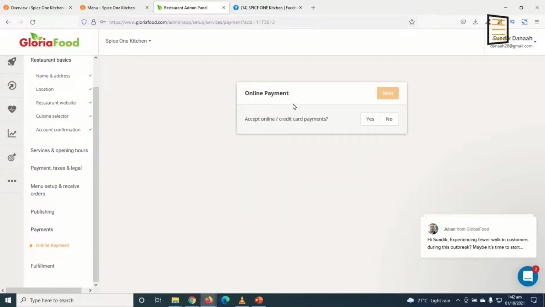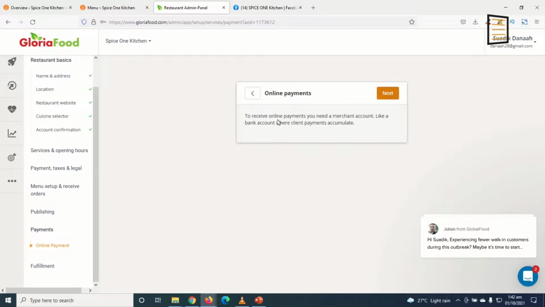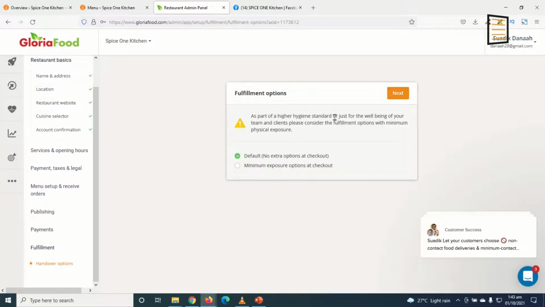Now in here, do you want to accept online payments? If you choose yes, then you have to go ahead and enter your debit or credit card. I choose Visa, then click on next. So in here, to receive online payment, you need a merchant account, like a bank account where clients' payments accumulate. So I click on next. So fulfillment options, as part of a higher hygiene standard or just for the well-being of your team and clients, please consider the fulfillment options with minimum physical exposure. So you don't need to get in touch or in contact with people, and you can set it to default